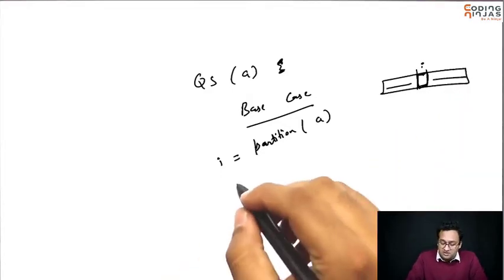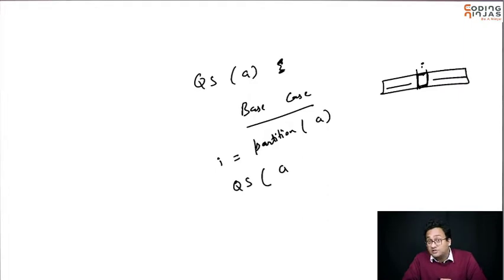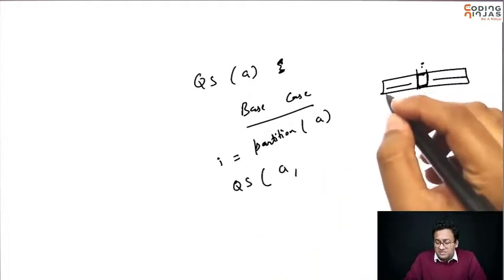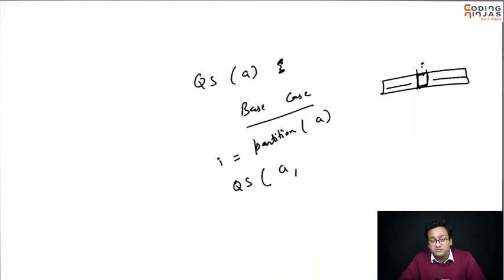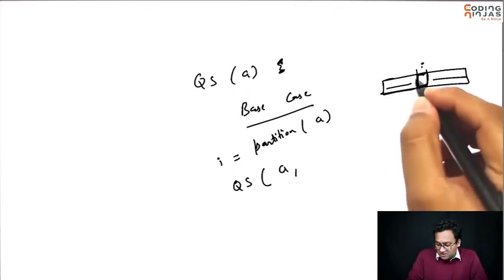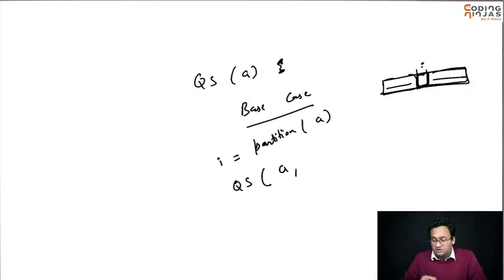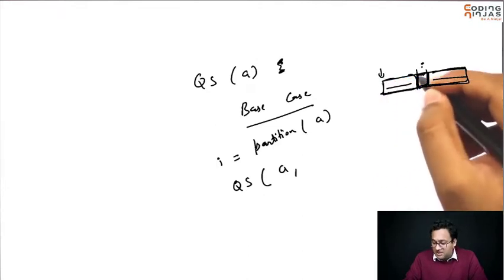Once you reach this place, we just need to call quicksort again. On our own list, we don't want to make a copy. So we will pass the starting index and end index into it so that we don't have to make a copy. Otherwise, you'll have to make a copy of this part and this part. I don't want to make a copy. So for this part, I'm going to say from the start, go till here.